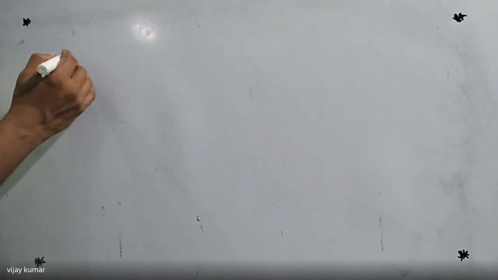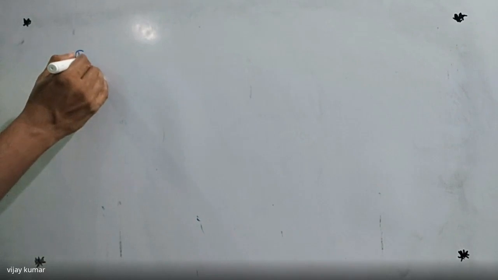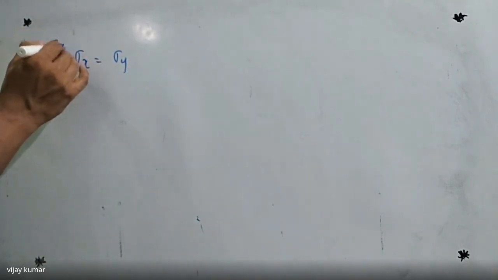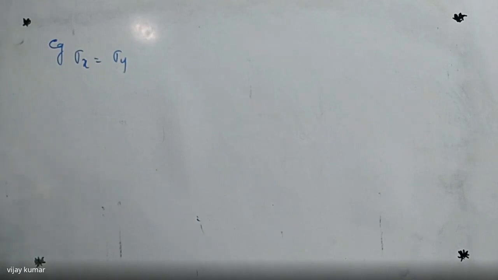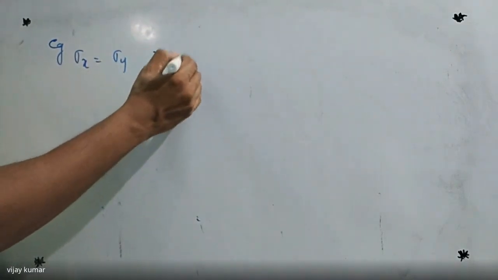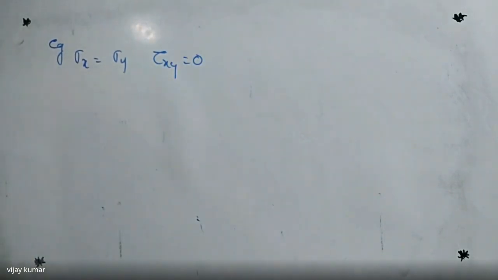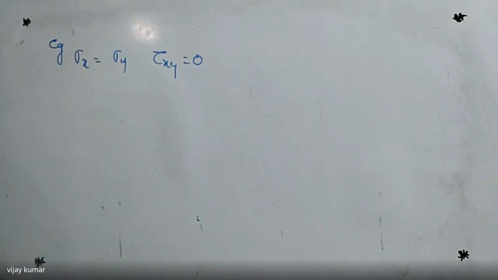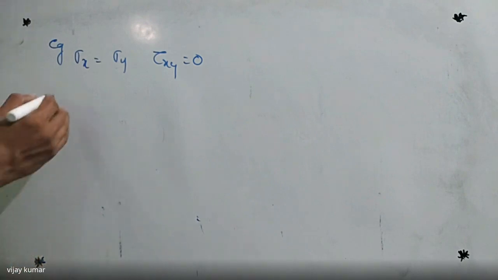So here one question is given: sigma x equal to sigma y, and tau xy must be equal to 0. Which case is it generally? This case belongs to biaxial only, because the shear is 0. So here it asks to draw the Mohr circle diagram and find